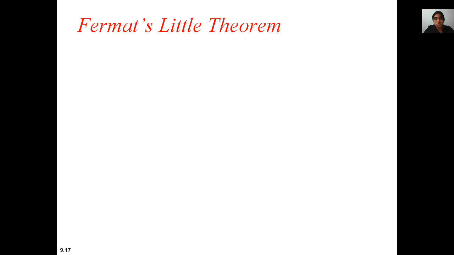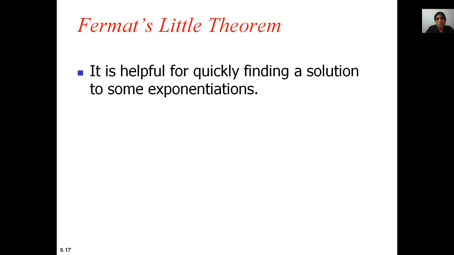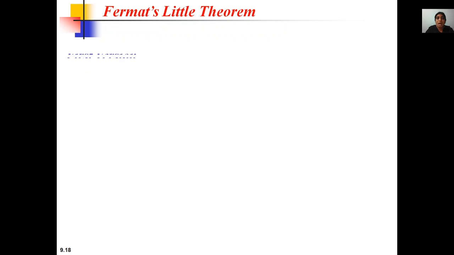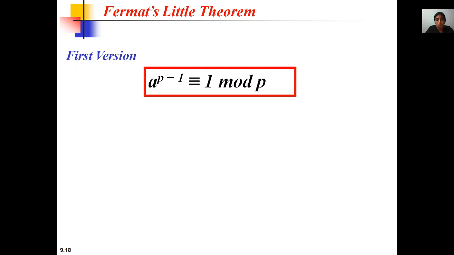Good morning students. Today we are going to discuss Fermat's little theorem. This is used for finding exponentials in primes. Fermat's little theorem states that whenever p is a prime number and a is any positive integer which is less than p, then you can write the formula as a power p minus 1 is congruent to